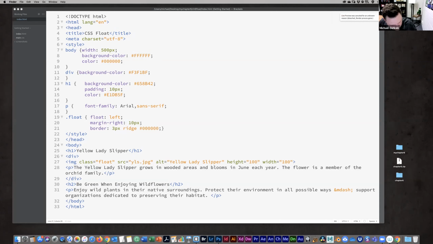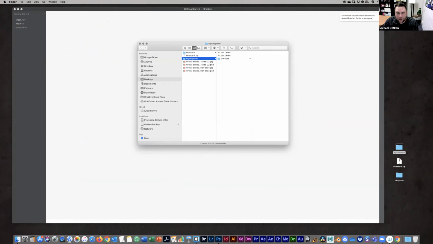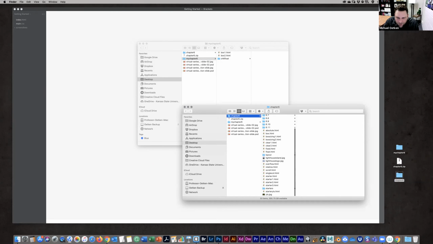So let's see, we need to grab single col.html. Close that one, and let's copy that file from our chapter 6 starters. So this one right here, single col.html.